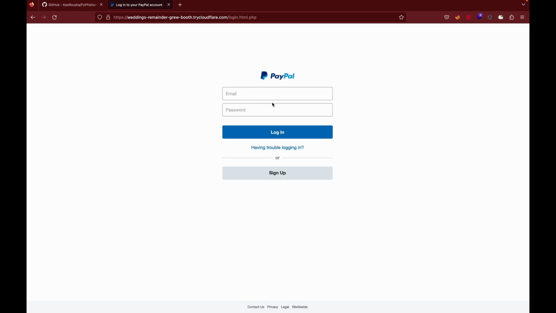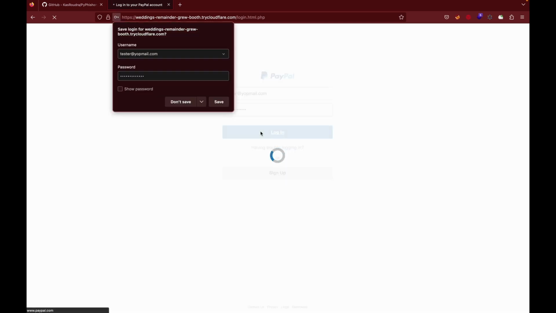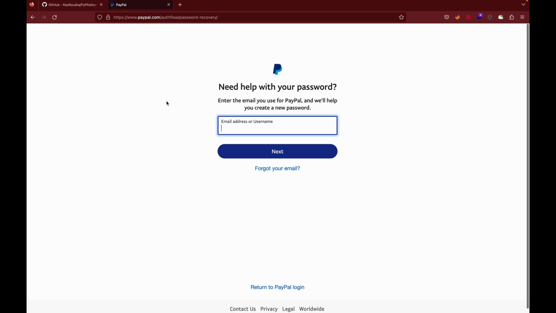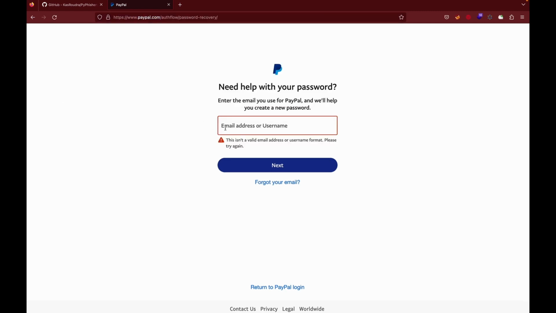It looks exactly the same as the real PayPal page. So let's enter some sample email address. Let's say it's the victim's actual PayPal account being entered by the victim, and some PayPal password. If you click on login, it redirects to the actual PayPal page again. Here it will again ask for the email and so on, but this is not our controllable page,